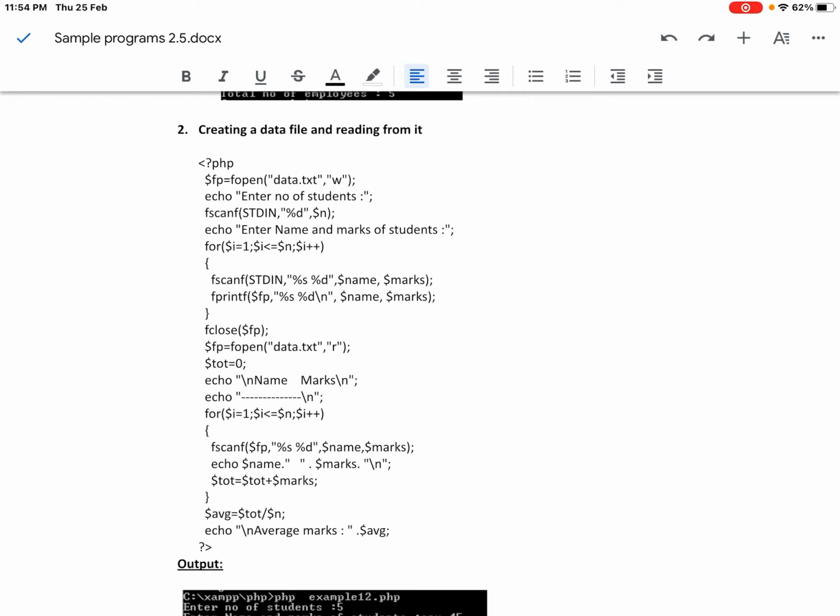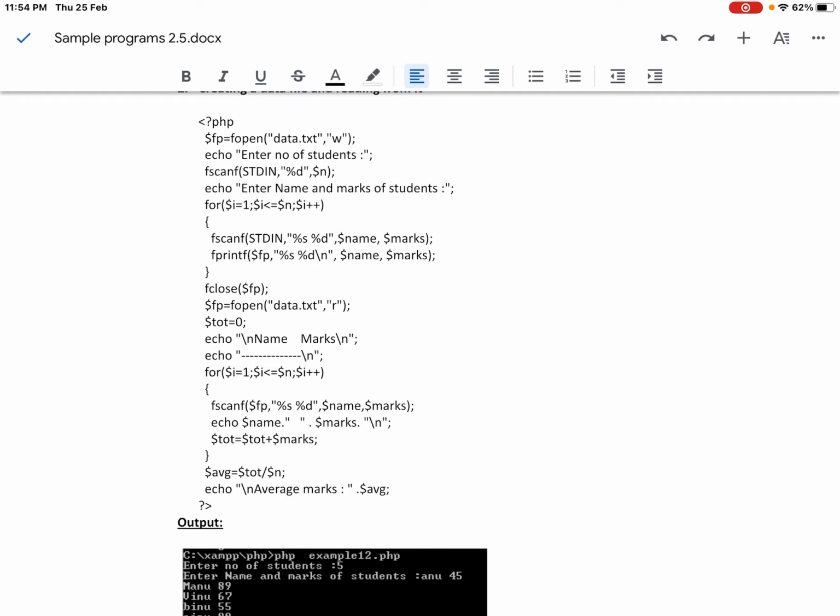Stdin represents the console input. From the keyboard you read name and marks, and write into the file fp. fp represents data.txt. So all the n records are written into the file.